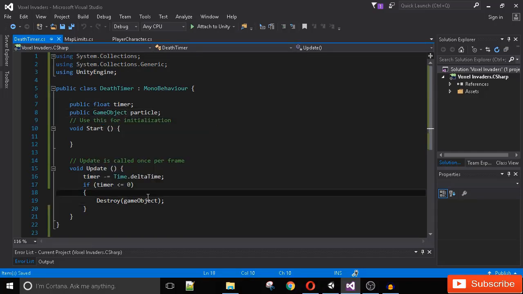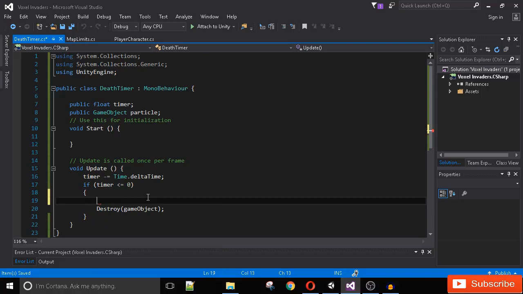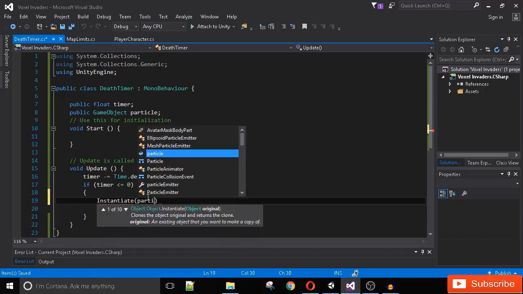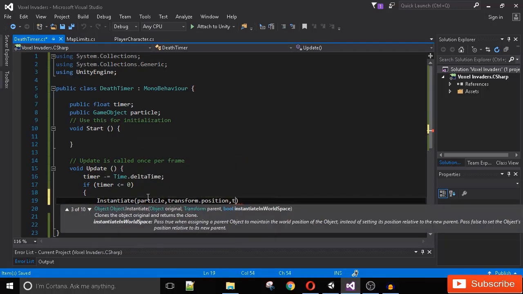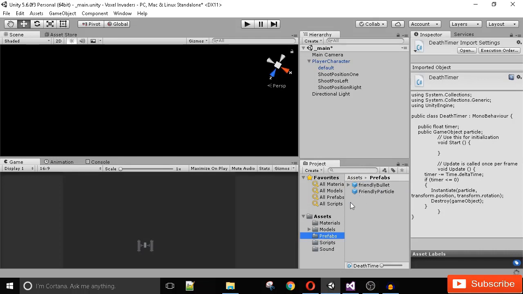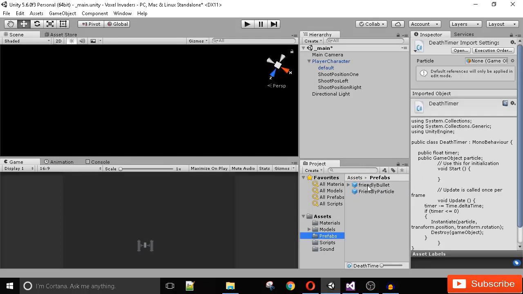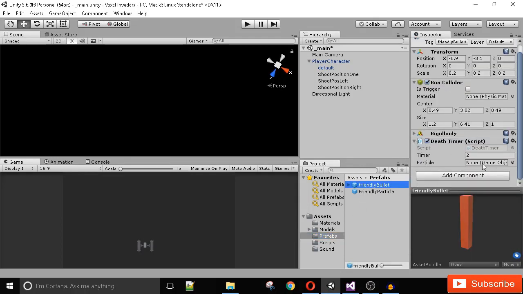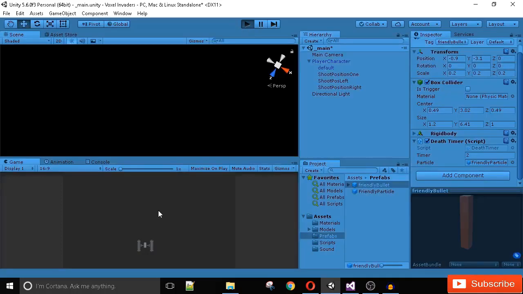And before we destroy the game object, I want to instantiate the particle at transform.position with transform.rotation. So now if I go to prefabs and select my friendly bullet, now we have a particle parameter here. Let's just drop our friendly particle in there. And now if I run the game,